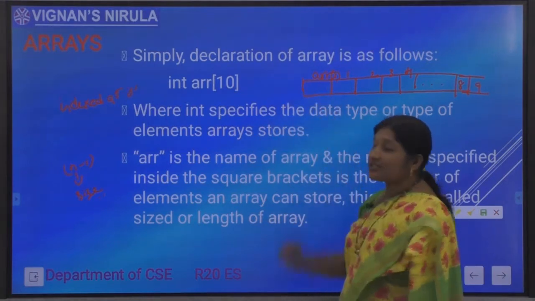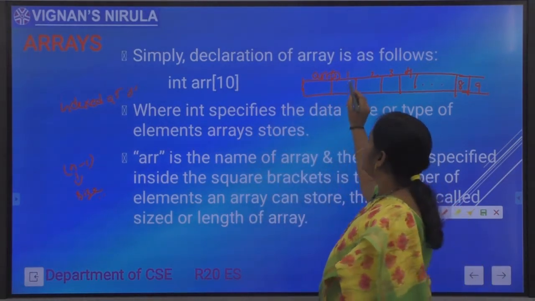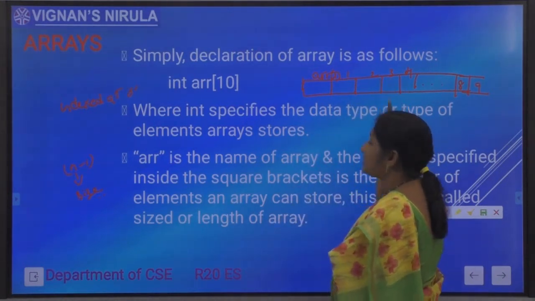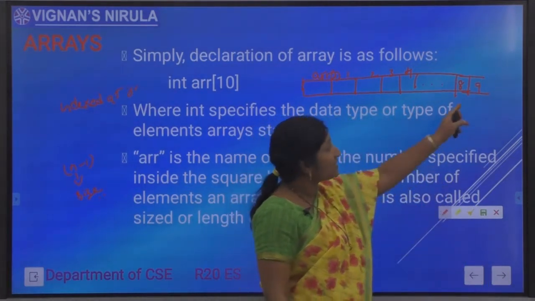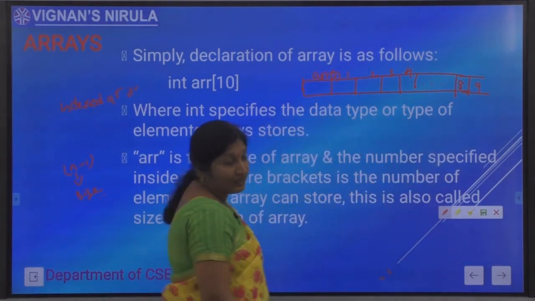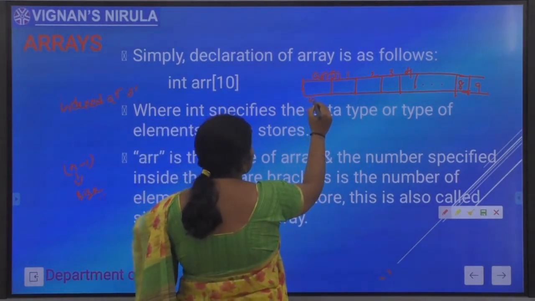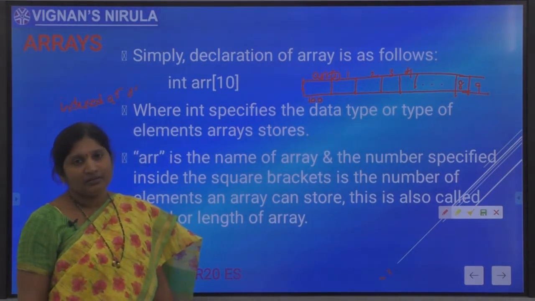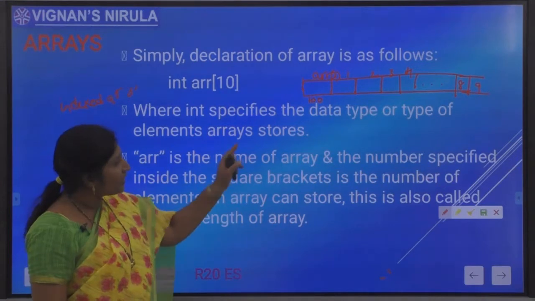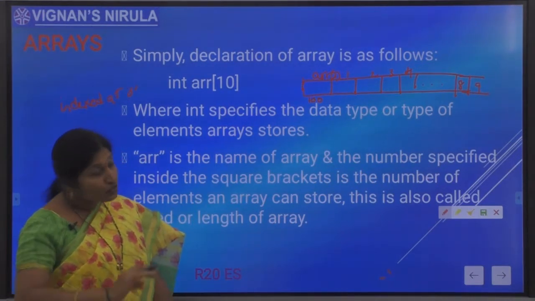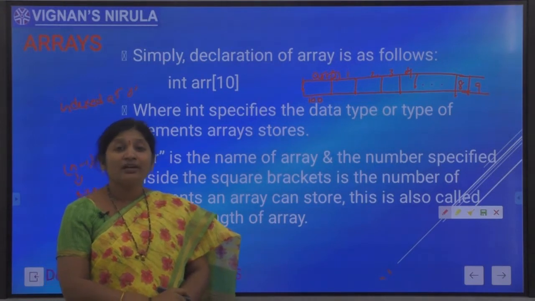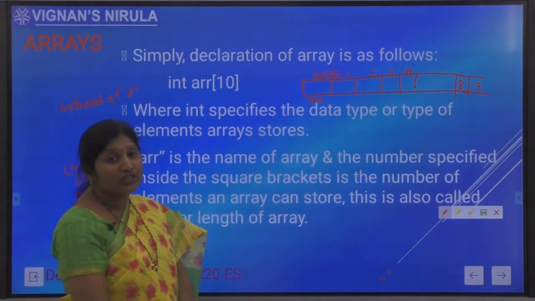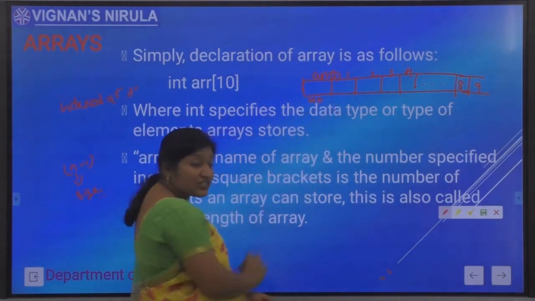So the first element is indexed at 0, the next element at 1, the third element at 2, and the last element, that is the 10th element, is indexed at 9. For example, the first element has been stored at memory location 100. What is the memory address of ARR[0]? 100. So what will be the memory address of ARR[1]? As you already know, all the array elements are stored in continuous memory locations. ARR[1] will be stored in the next memory location.